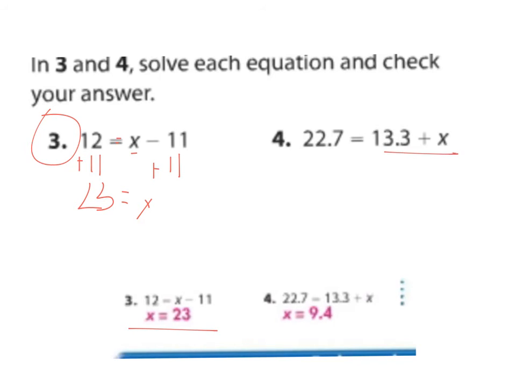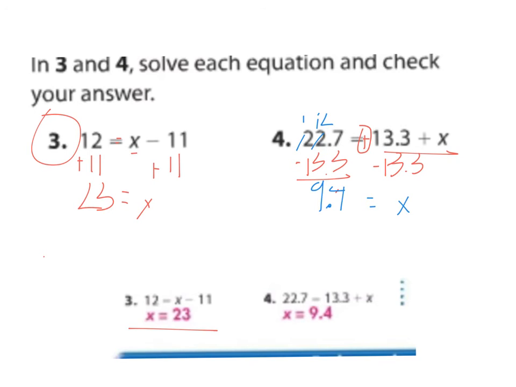Right here, we know that there's no symbol here, positive or negative, so we know it's plus, and we're going to do the opposite of that. So we're going to subtract 13.3 and subtract the same amount to both sides. And we're going to have to use our skills of decimal subtracting. And we get 9.4 equals x. Moving on to